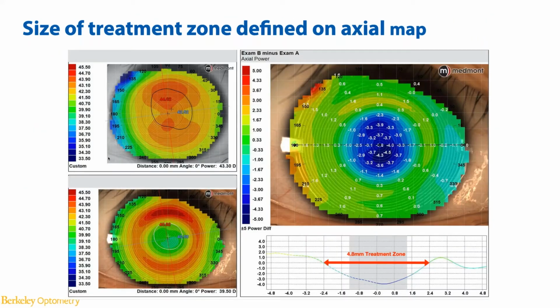So this is how we measure the size of the treatment zone on an axial map. We all know that to quantify the change or the actual size of the treatment zone, we're using a difference map. So this is the difference map, post minus pre-treatment, on an axial display. The treatment zone is defined basically between the junctions of where,